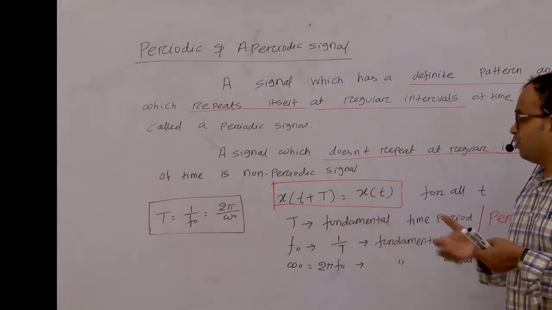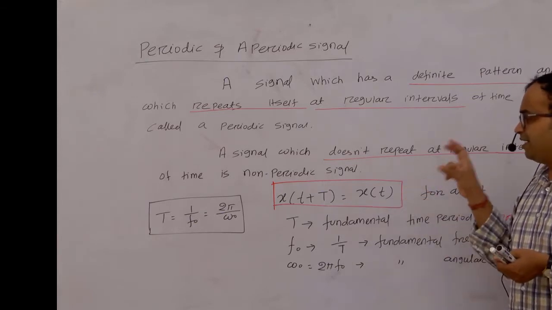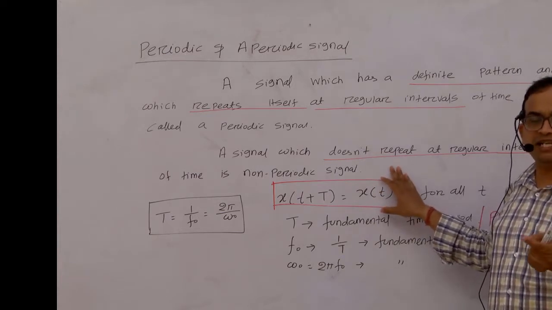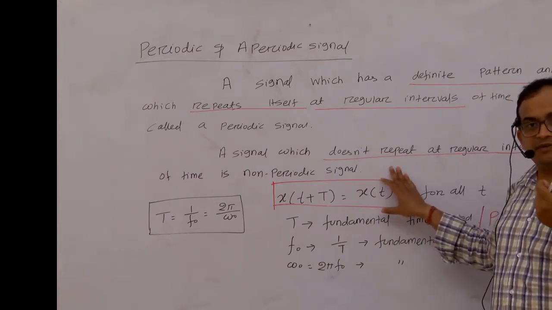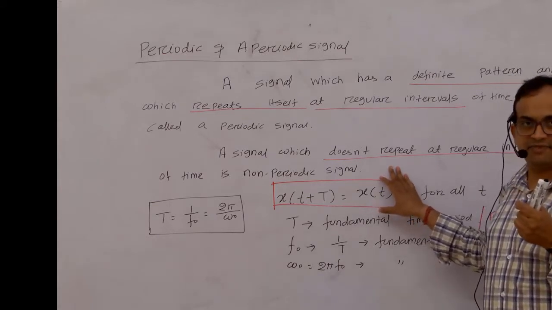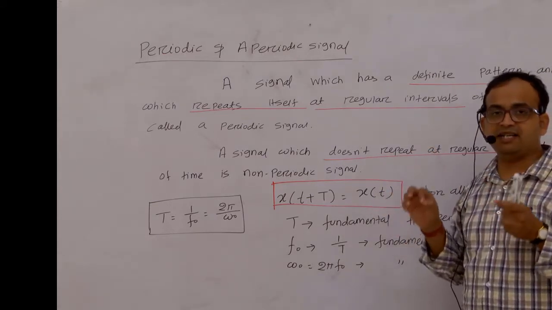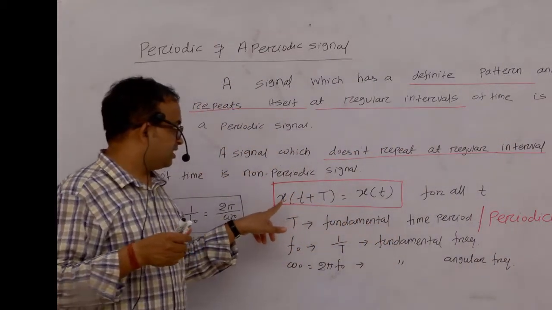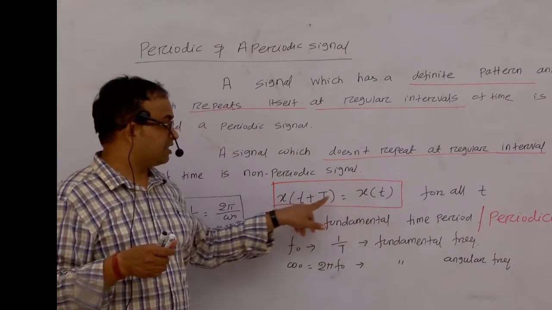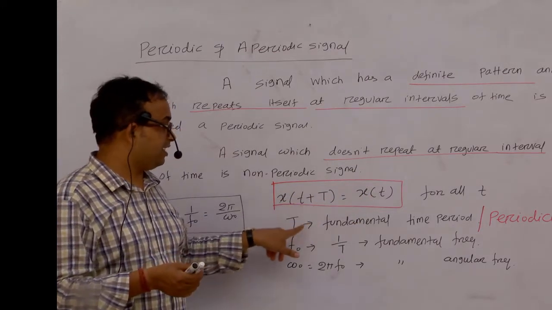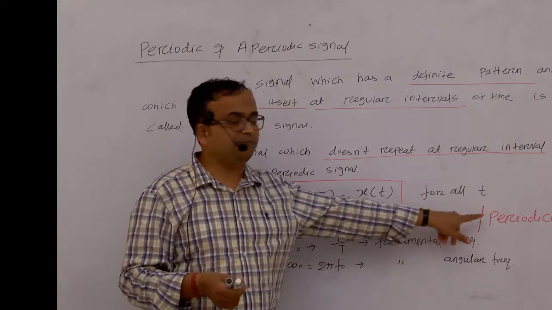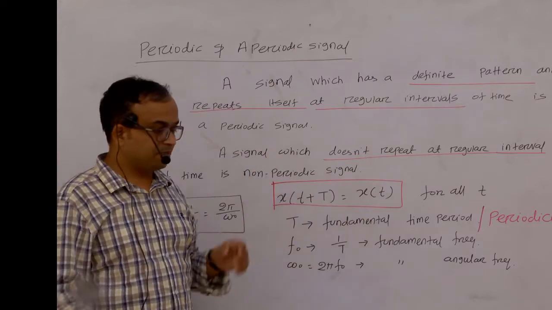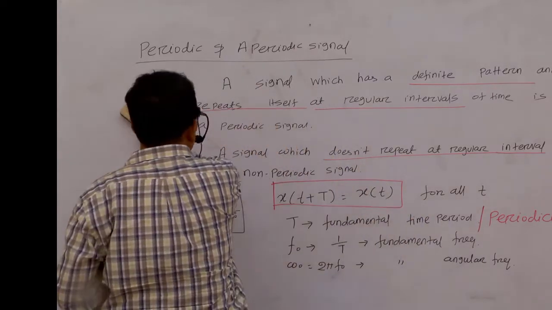Now we have to show the different components of a periodic signal. In a periodic signal we will find the different components like fundamental time period, fundamental frequency, fundamental angular frequency, these things, right? So how to find the fundamental time period of the signal? If the signal is in time domain and x of t plus T equal to x of t, then we can call this capital T the fundamental time period or periodicity of the signal. Very simple thing. I can also draw the same diagram now.